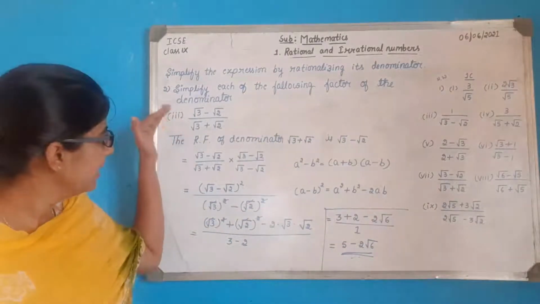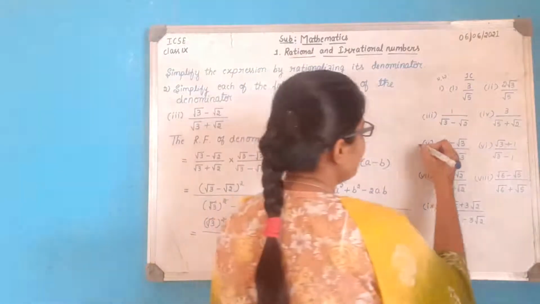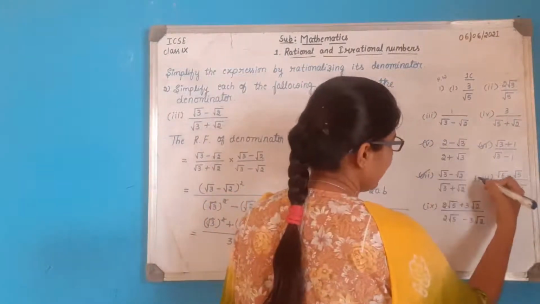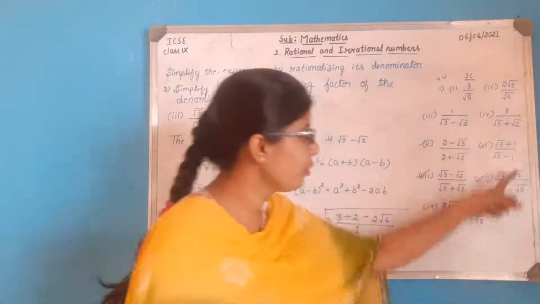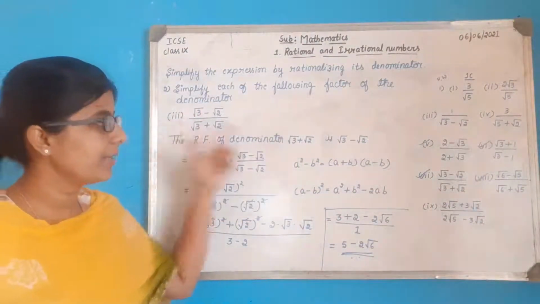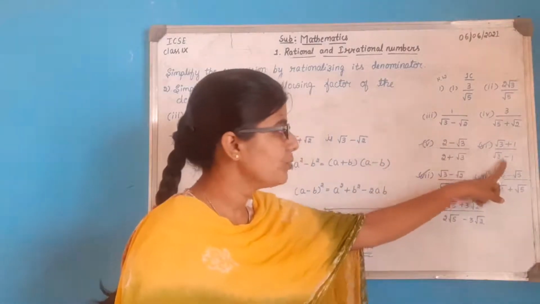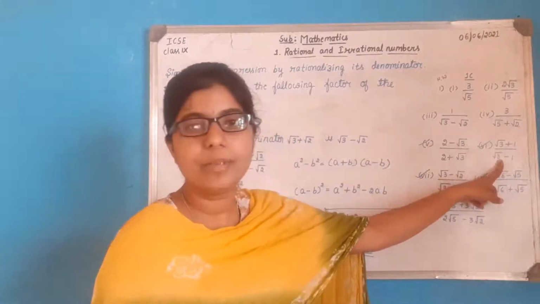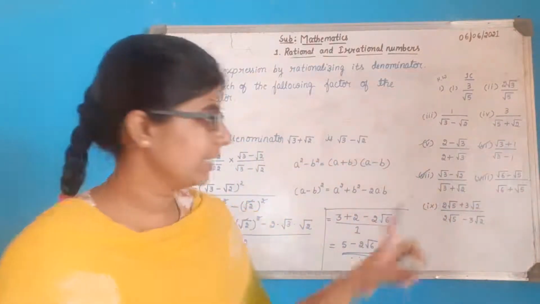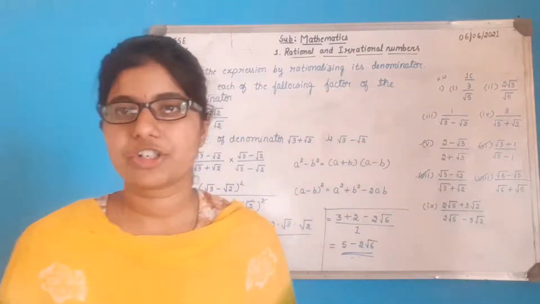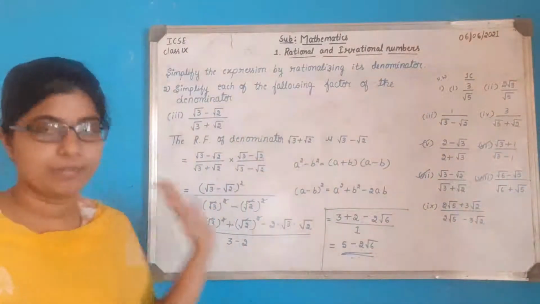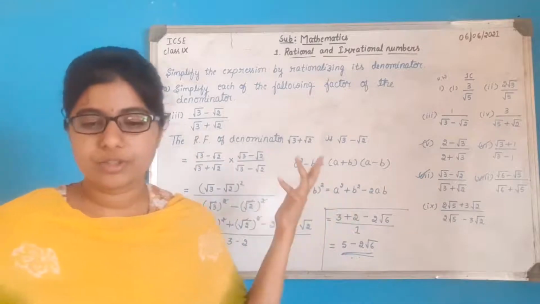So in this way only you have to solve the 5th one and 6th one of your exercise. In the same way, the 7th one and 8th one. So these 4 problems are exactly like this. So clear? I have done the third problem, and the others are to be done the same way. Observe the fourth question here. In the fourth question, the denominator is root 3 minus 1. So the rationalizing factor will be root 3 plus 1. Where there is plus, it becomes minus. So you can solve all these 4 problems by understanding this problem. So clear with the third problem, we will move on to the fourth problem now.